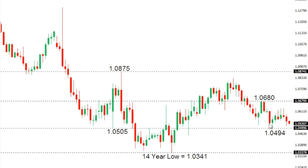We would need to see a close below that low from last week at 104.94 to strengthen that bearish outlook, because inability to establish a close below 104.94 will suggest that the market could be putting in a more significant longer-term base down here, with an inverse head and shoulders formation potentially taking shape on the daily chart. Of course, we would need to see a break back above 106.80 to make that come true, or at least